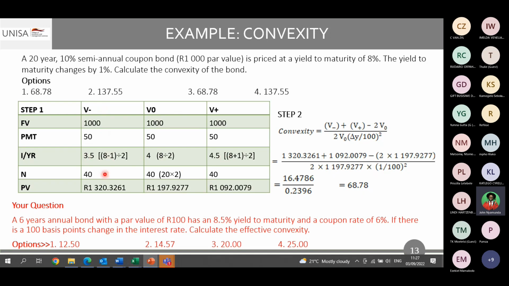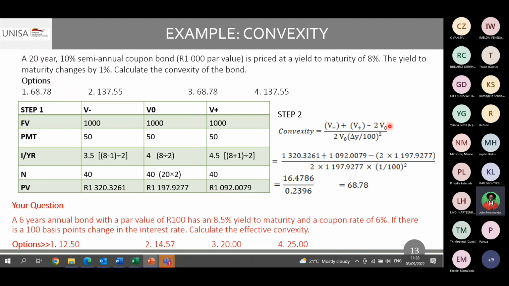Then say, grab me the present value. It gives you 1320. If you are here, ladies and gentlemen, you are almost home. Then you say V minus, come and plug your V minus, put it there, plus V plus 1092, put it there,